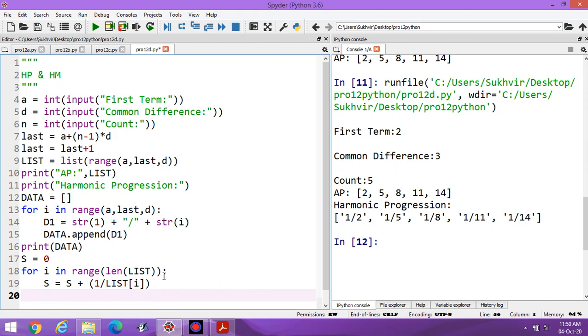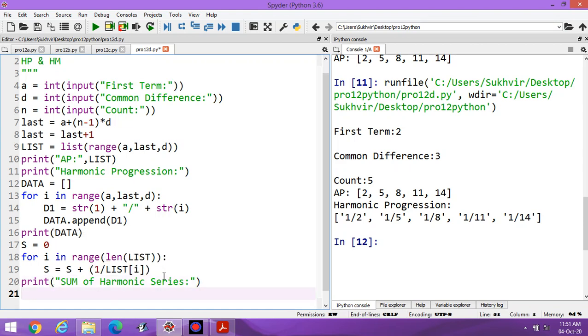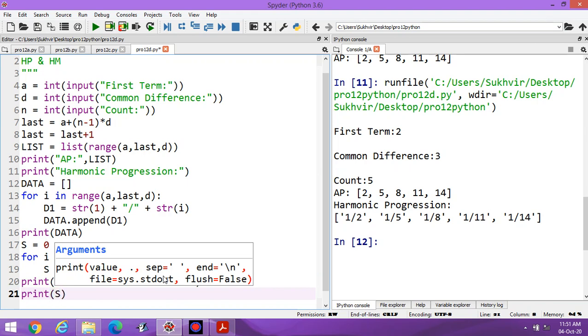Here I can write print sum of harmonic series. Here I can print S.